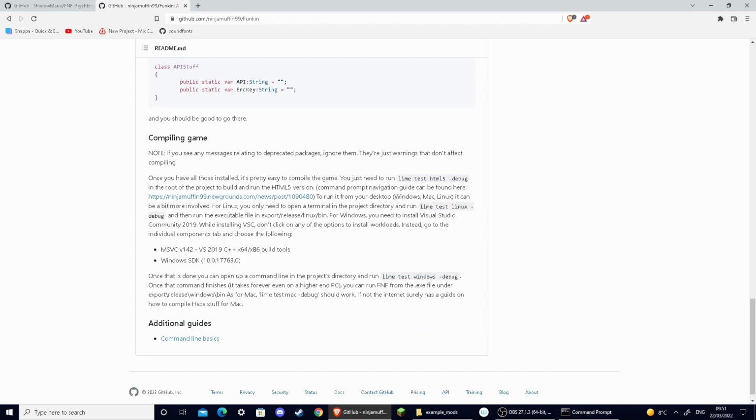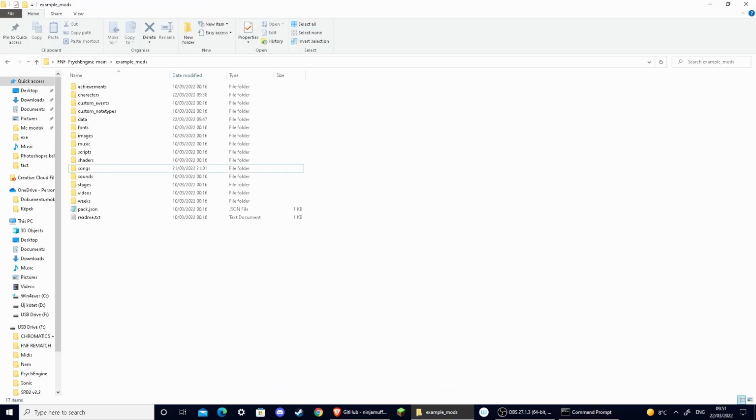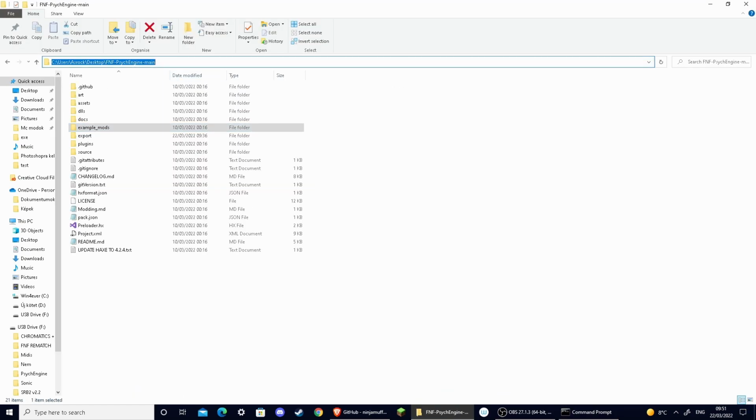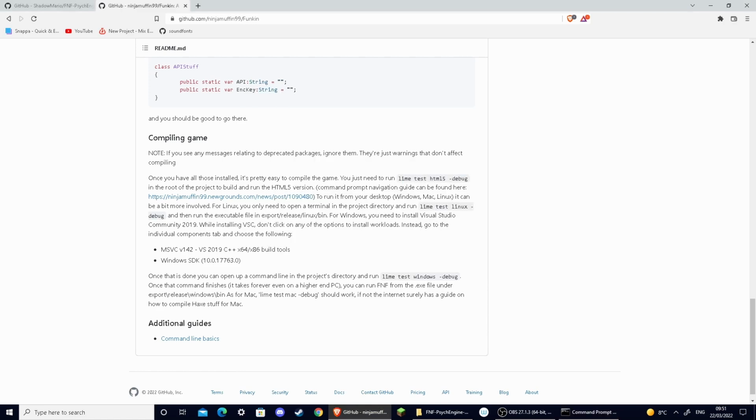Then for compiling, you just run lime test HTML5 debug. You press enter. I already had done it. So oh wait, no, I messed it up. And now it's doing the debug HTML5 version, and once you got that, you just